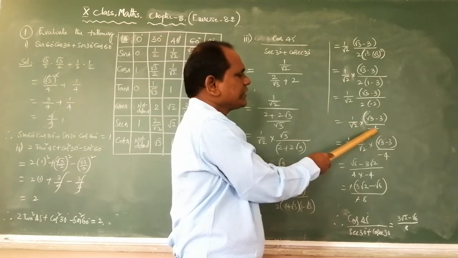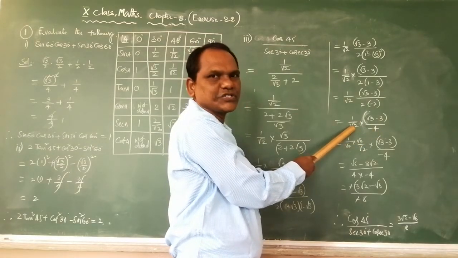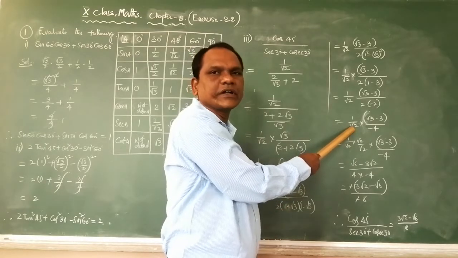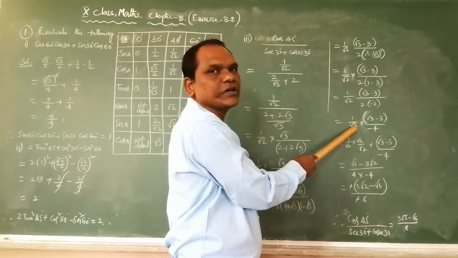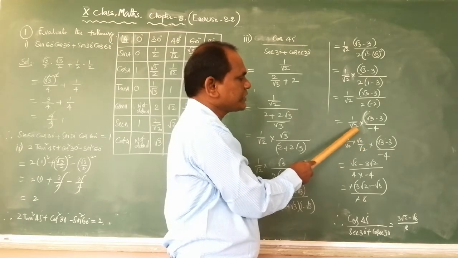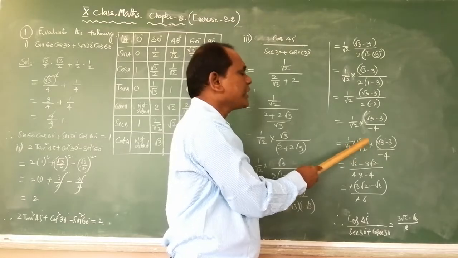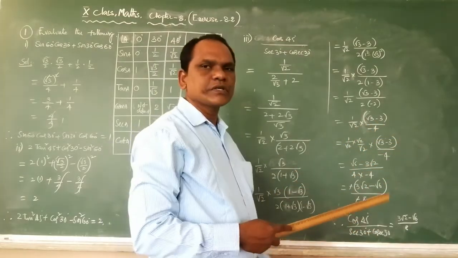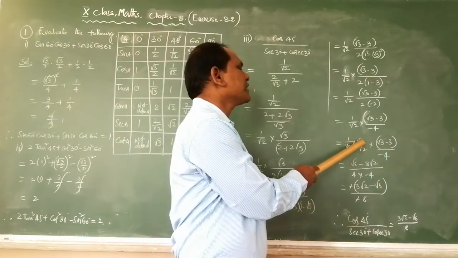Here again, in the denominator part we have the irrational number. What is the irrational number here? Square root of 2. Again we have to go for rationalization. The rationalizing factor of square root of 2 is square root of 2 only. So square root of 2 by square root of 2. With the rationalizing factor we have to multiply the numerator and denominator. What is the rationalizing factor of square root of 2? Square root of 2 only. That we have to multiply.